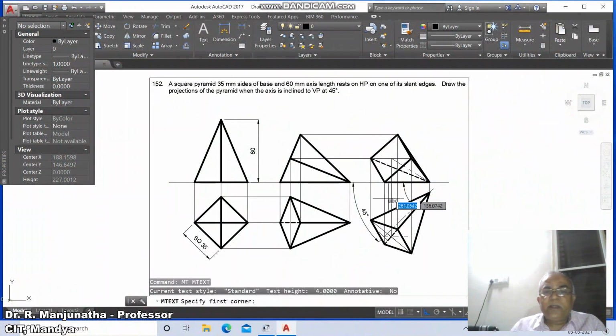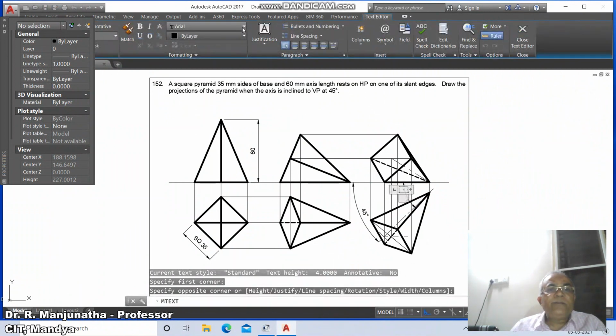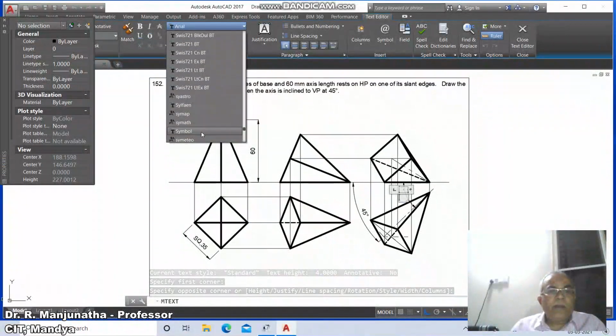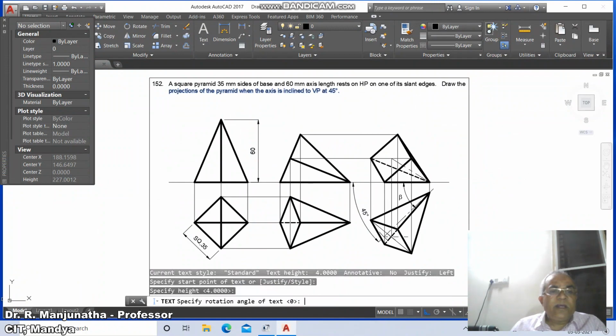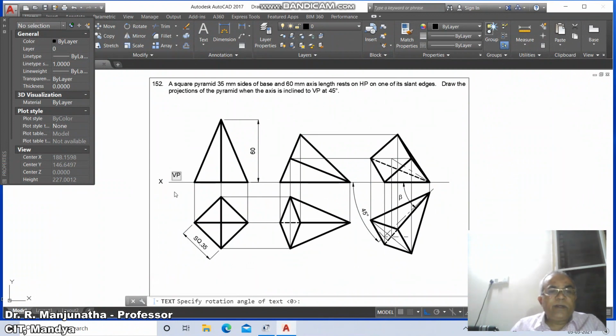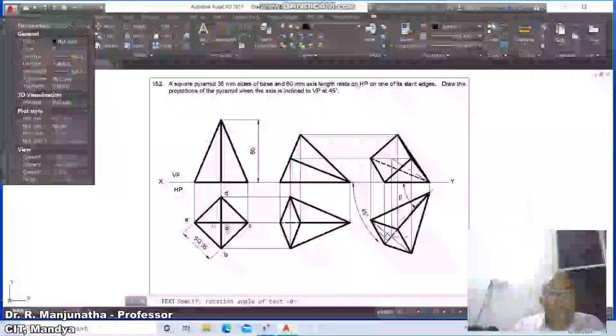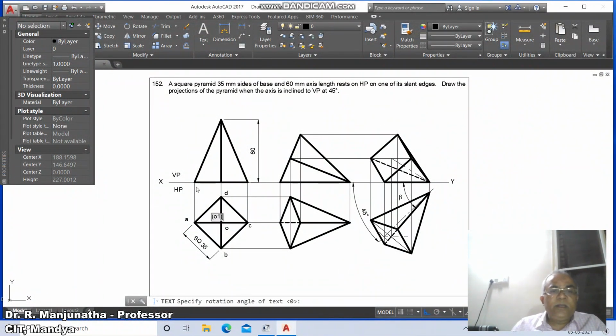Then go to M text, click on this and make it a symbol and put out the caps lock and type beta P. Then go to D text, click on this line and put the caps lock on, type X, you type VP and you type HP and you type capital Y. Then you put out the caps lock, A, B, C, D and you type O and here you bracket O1, here you type A dash, here you type B dash, here you type C dash, here you type D dash in bracket and also O1 dash in bracket and then O dash.